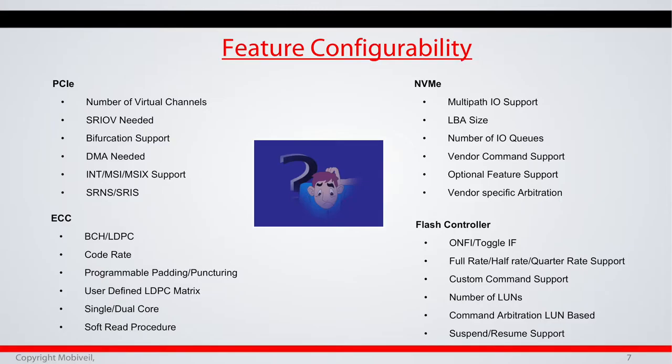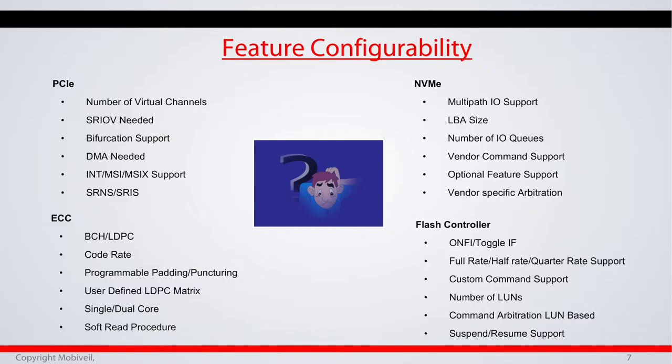Even allowing a user to use their own LDPC matrices, because this changes the performance big time as to what is the quality of an LDPC matrix, where your LDPC controller allows basically the customer to pick or select their own LDPC matrices, though we provide ours as well. And then of course the single or dual core, this is something to do with throughput. And again, the decision has to be based on whether it is an area or you can run it at a higher clock. So you want to have a smaller footprint. But the core has to have that flexibility.